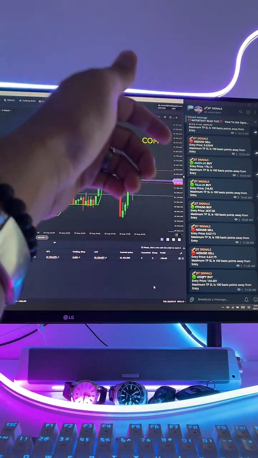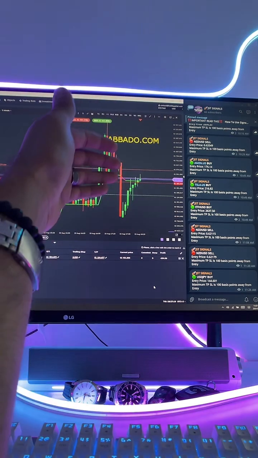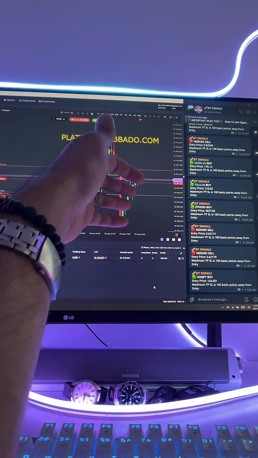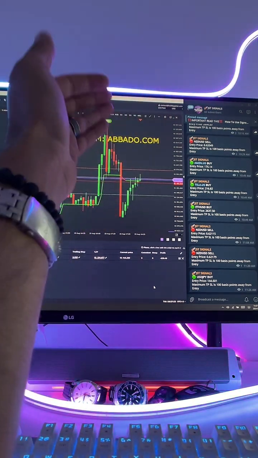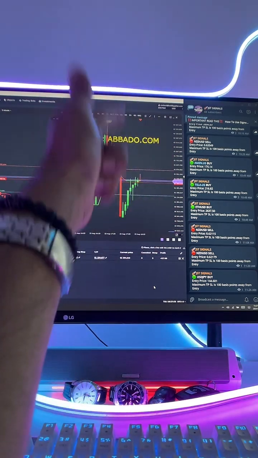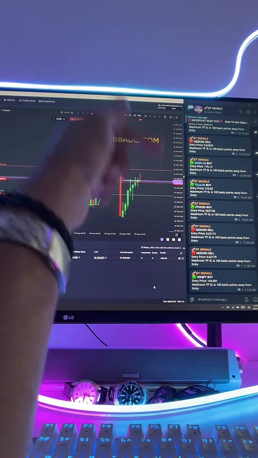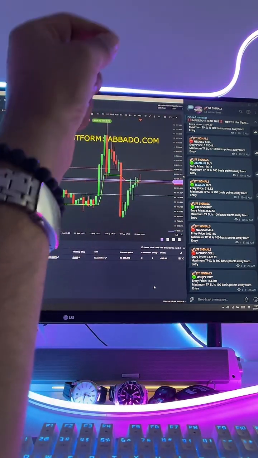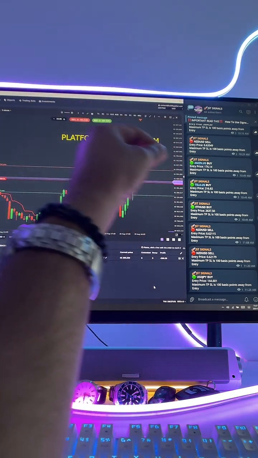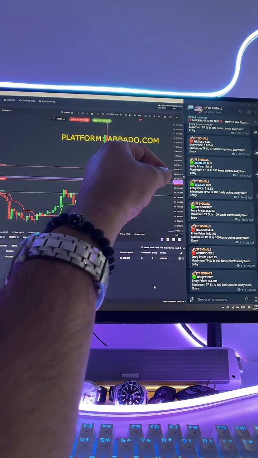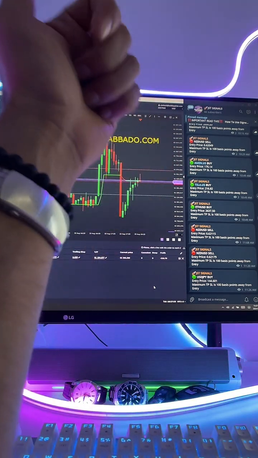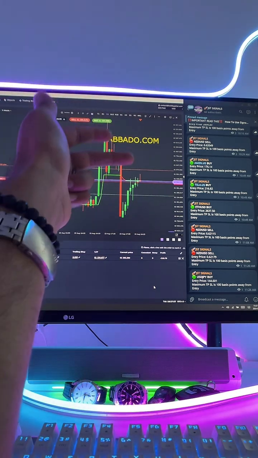And Positron is saying fake mentors trading on demo. Exactly. All of these guys that you see on TikTok and Instagram, they all have demo accounts. I'm the only one with an actual live real account, and I'm the only one that can show you my live trades every single day without hiding any of them. I show you my wins, I show you my losses, and I explain why